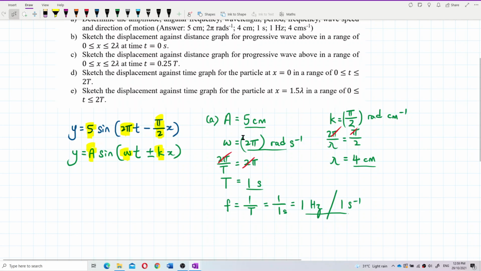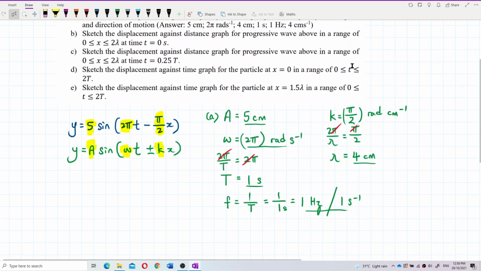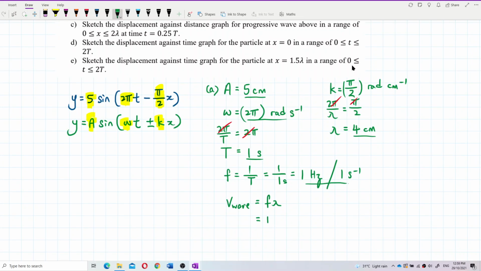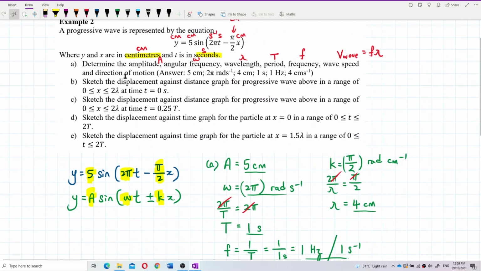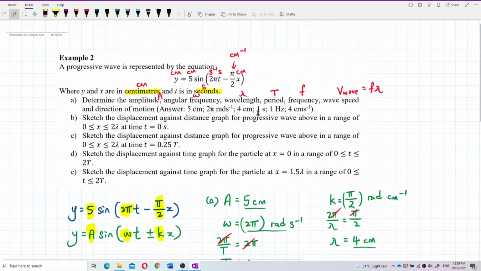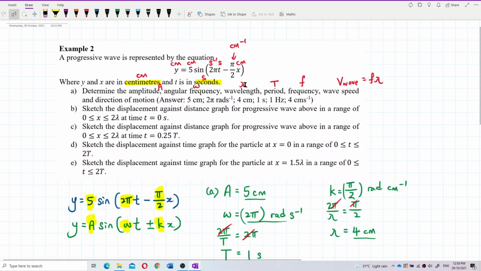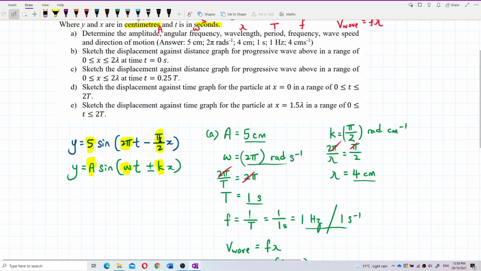And then what else? Wave speed. How to find wave speed? Wave speed is v equal to f lambda. Our frequency is 1 hertz. Our lambda is 4 centimeter. So our wave speed is 4 centimeter per second, not 4 meter per second. Be careful. And then what's the direction of motion? For the direction of motion, just look at this equation. This is negative kx. When we minus something in the angle,